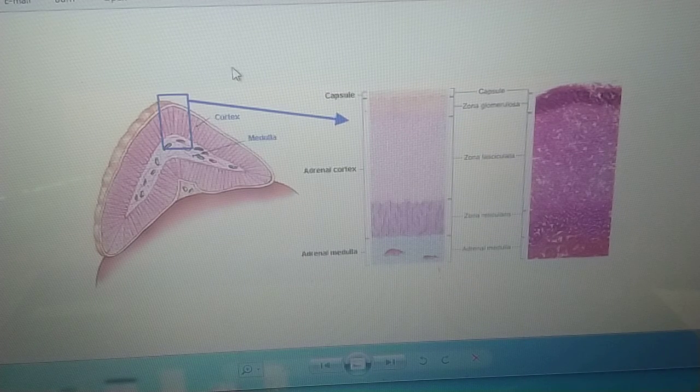Next we have the gonadocorticoids, that is also known as sex corticoids. They are also called sex hormones of the adrenal gland. Large quantities of male rather than female sex corticoid, that is sex hormone, are produced. These male sex hormones are called androgens, which are important in development of the male fetus.